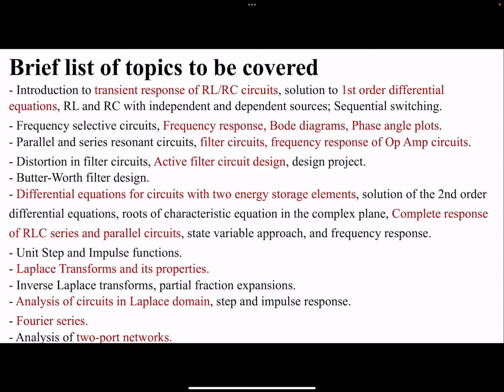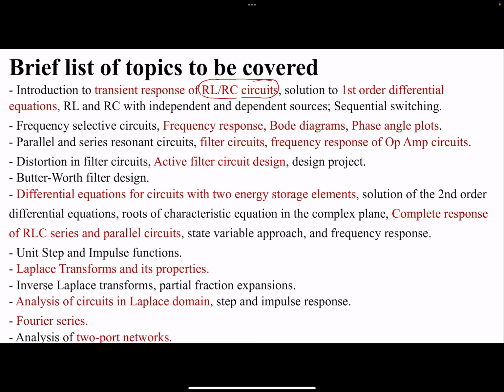And then starting next lecture, we are definitely going to move on to the key topics that we're going to talk about in this course. Some of the topics that we will cover: we are going to connect a resistor and a capacitor together and make an RC circuit. We're going to connect a resistor and an inductor together and make an RL circuit. And we are going to see what happens when we connect a voltage or a current source to it, and what would happen if we switch it off or take that source away from the circuit.